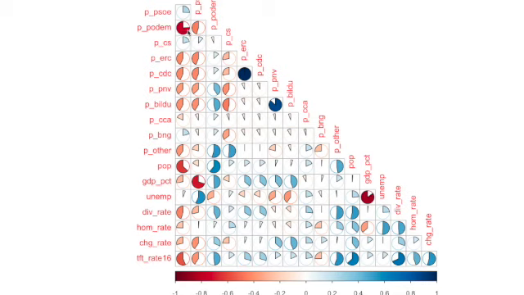So this is this number in negative. So this is also negative, and this is positive. The blue values are positive. So we can see that the PP does not work well with Podemos,